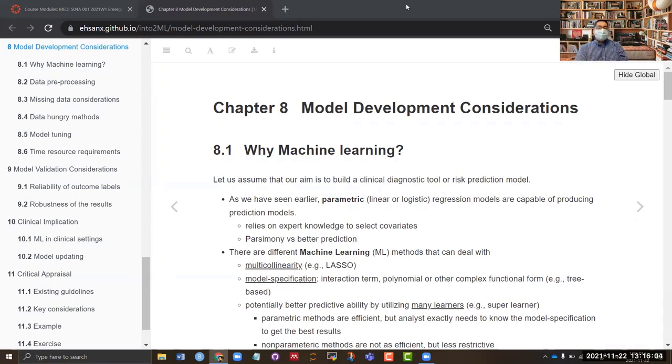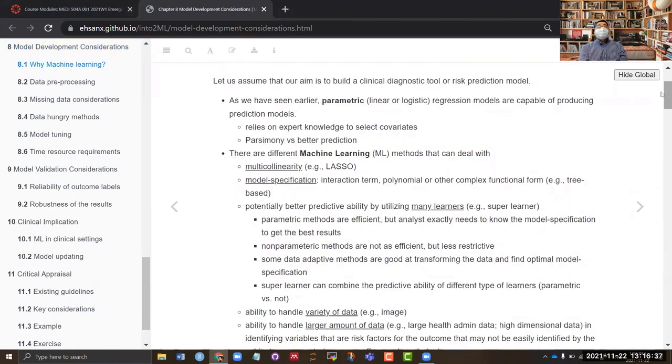So as you see, it is context dependent. You cannot just say, oh, I'm just going to write a paper where I will use machine learning. You need to understand the data first, and you need to understand what the problems of the data are and why some of the machine learning methods could be better equipped to deal with these issues. Another aspect is that, generally speaking, historically, the parametric models,